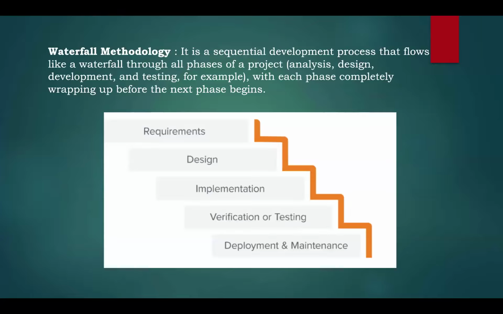And we also have something called the waterfall methodology. Here in the waterfall methodology, the activities of the entire project are taken up in multiple phases, and even here the phase by phase is going to happen, but the start is going to happen only after completion of phase one. So multiple teams are not going to work at the same time. Instead, one by one: first the requirements, then design, implementation, verification or testing. It's phase by phase that we're going to implement.